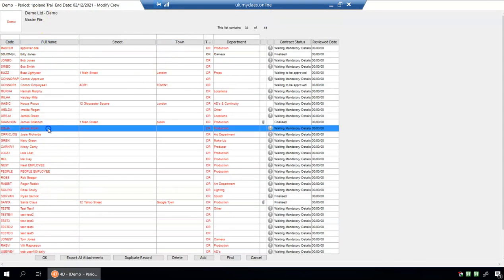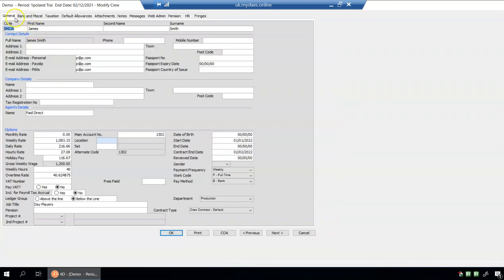we can see now the record for James Smith has been created. We've got the employee code, the email address, the personal details of the worker they will need to provide via the portal when they fill in their personal info. We have the rate here filled in. What's missing here is locations and sets if they're on your